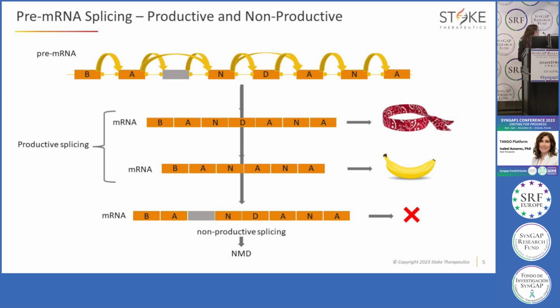But there's something called non-productive splicing, or at least that's how we termed it, which is when non-coding exons are included in the final mRNA. When this happens, it breaks the meaning, introduces a premature termination signal, and that RNA is non-productive and will not generate any protein. This occurs naturally in the cells. This is not a disease-causing event, and often regulates expression of genes. So when that gray, non-coding exon is included, that transcript is going to be degraded, and again, no protein is going to be produced.